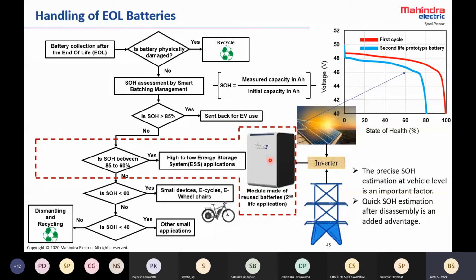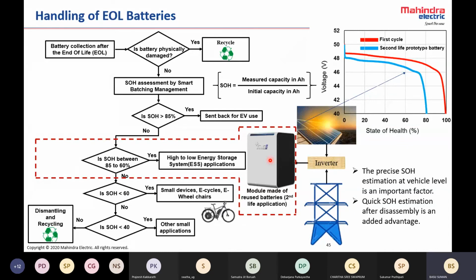First, when the lithium-ion battery is made, it will be used for electric vehicles. Once that electric vehicle application is completed, then you see what is the health of the battery. If the health is acceptable for, let's say, an inverter application, we can send it further. If we see that the customer has really used it too long, you cannot get anything out of it, so you'll have to send it out for dismantling and recycling.